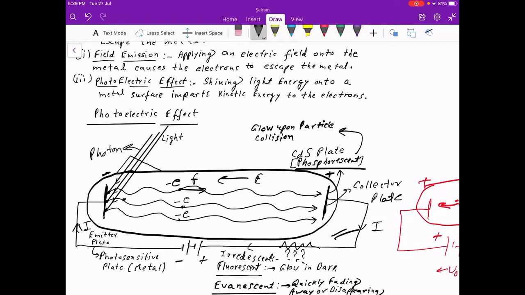Now, coming out of the emitter plate is a matter of frequency and work function. If h nu is less than the work function, then no electrons will come out. If the frequency is a certain amount, then all the electrons might come out, but then it depends on the potential. If the potential is large, slowly even field emission comes into the picture, and more electrons are ready to come out. After a certain amount of positive potential has been applied, all the electrons that could come out have come out and have reached the collector plate, and then they have contributed to the photocurrent.